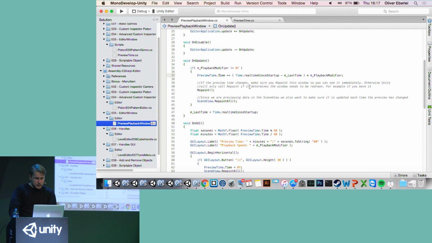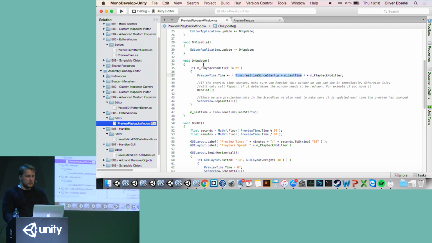And so this is what I'm doing here. I get that time, and in my update method, I increment that by the playback modifier. You don't have a delta time in this, so you kind of have to do your own delta time, which is very simple. This is something that I do here. So time, real time since startup, and then I store that value in the last time down here. So the difference between the two is basically the delta time from the frame to the next. So this is why you can have a very simple delta time in here as well.